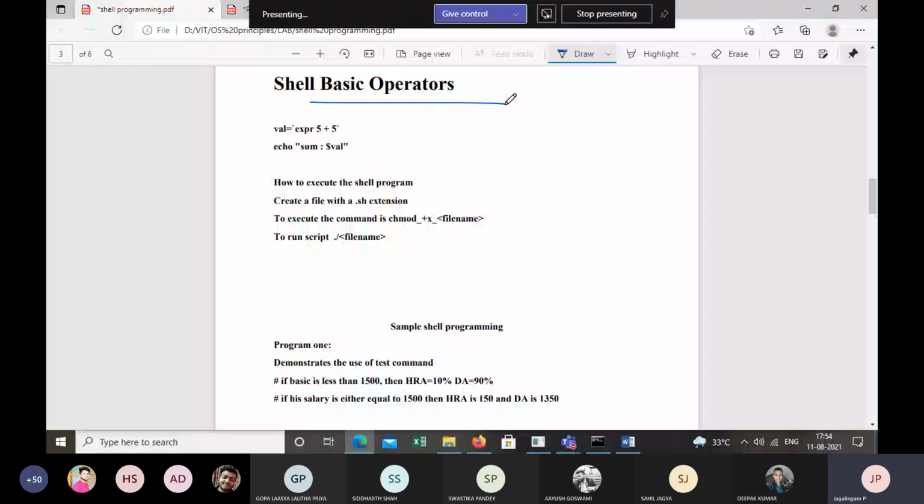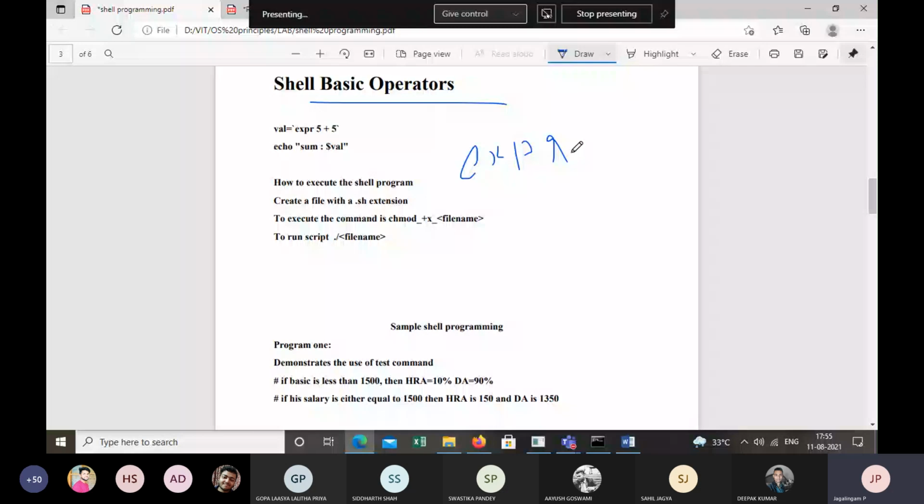EXPR. What is EXPR here? As far as shell script is concerned, expression. Good. When we are dealing with shell script, if you want to work with numerical operators, then we have to use EXPR. EXPR stands for expression, to perform arithmetic operations on integers.